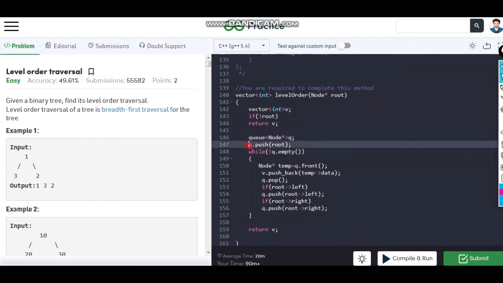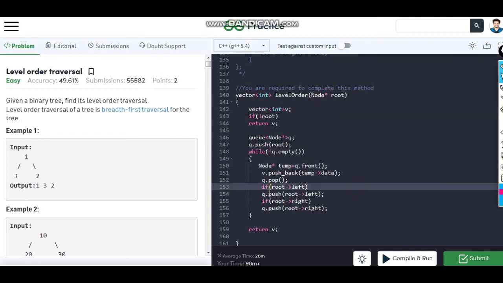Initially we will push root into the queue, yes we have put, and while queue is not empty, we will just dequeue it, that is the front value will be in the temp variable now, and now we will push the data of that temp in our vector.